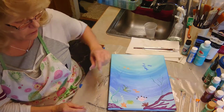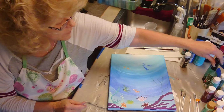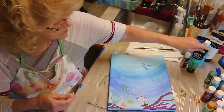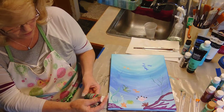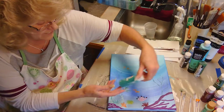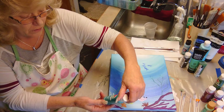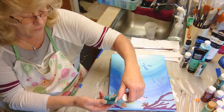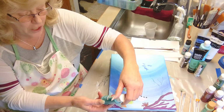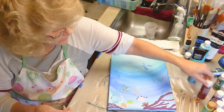There's a lot of colors. Black is all acrylic. And I got aqua green, arbor green. I can't even say this. Laguna, Laguna. Okay, and then